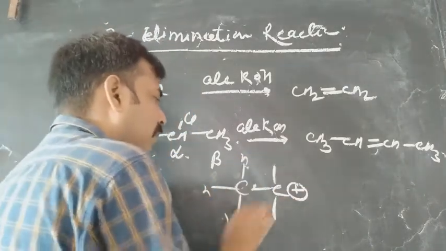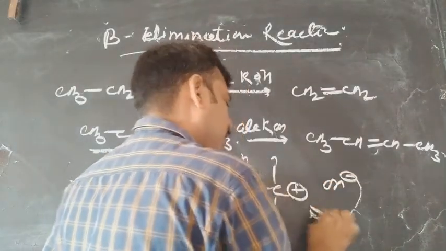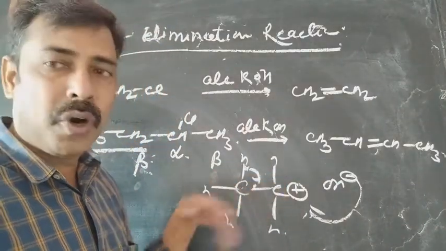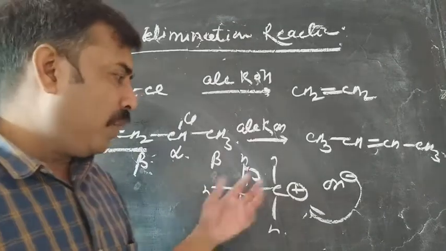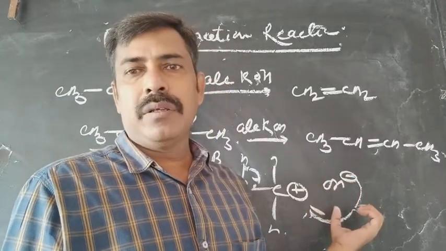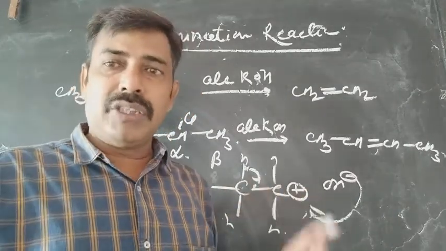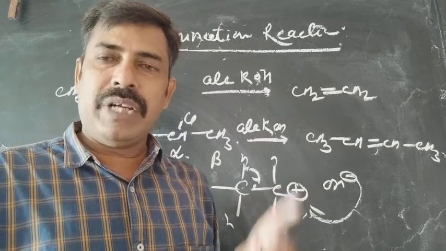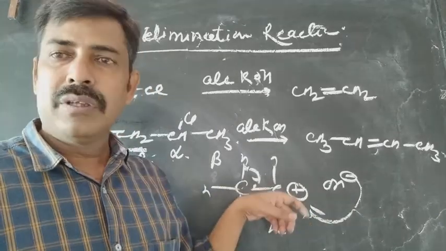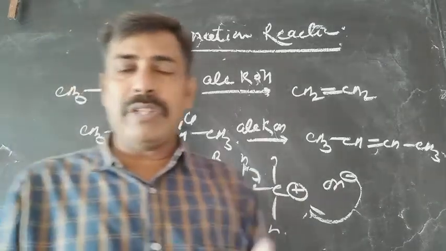In this carbocation, there are two chances. First, either the hydroxyl will approach, or hyperconjugation will take place, or the shifting of the bond will take place. If the concentration of hydroxyl ion is greater, and the approach of the hydroxyl ion is quick, then it will form a substituted product, chlorine substituted by hydroxyl. But if the hydroxyl group approaches after the shifting of the bond, then the shift of the bond will take place, and that will lead to the formation of the alkene. And this is the major difference between these two.